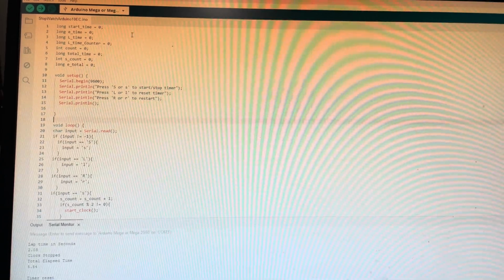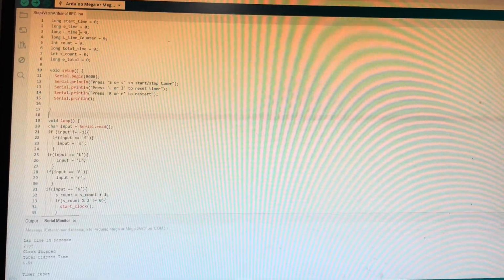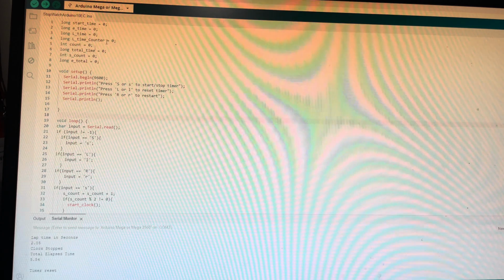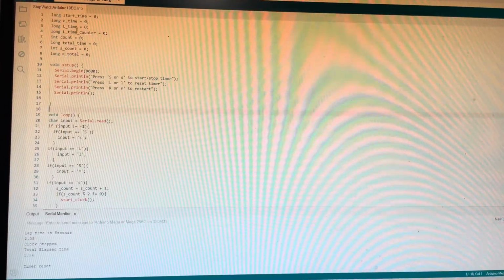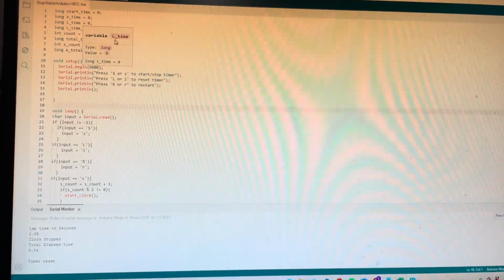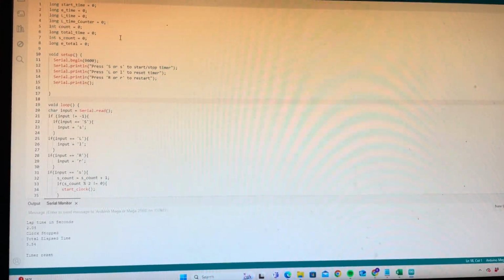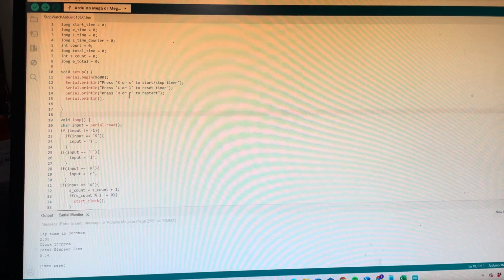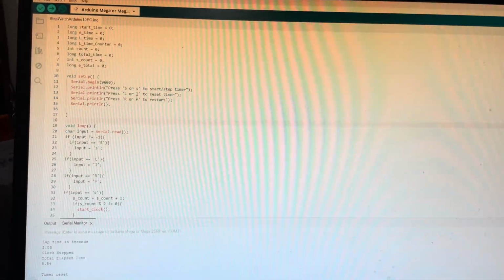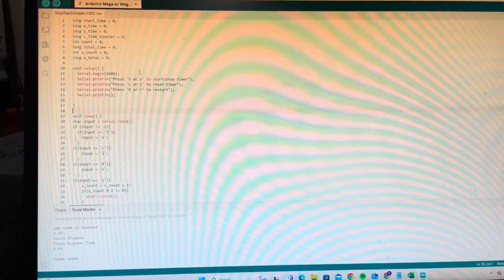here. So start time, elapsed time, lap time, our count, which just basically says if we've had 1 click or 2 clicks, whether pretty much just counts whether the timer is stopped or started at the moment. And then, among other variables. So when we begin, we'll prompt the user to press S, capitalize or lowercase to start